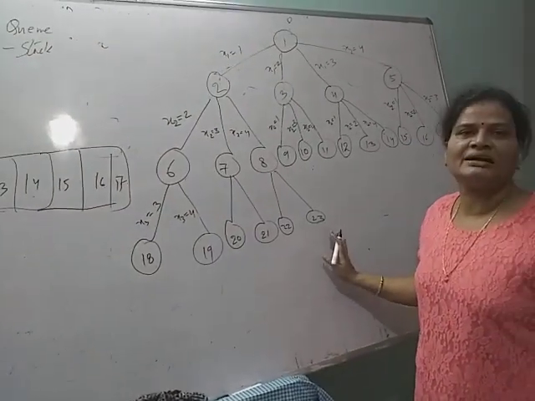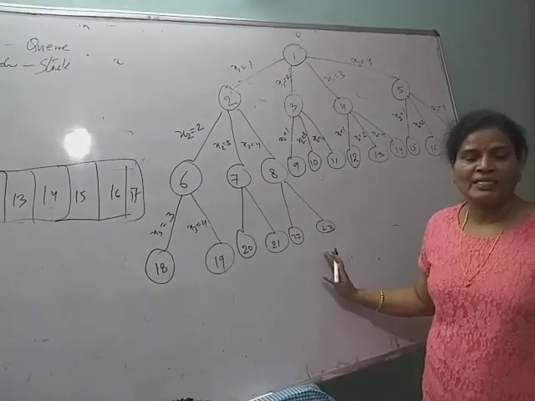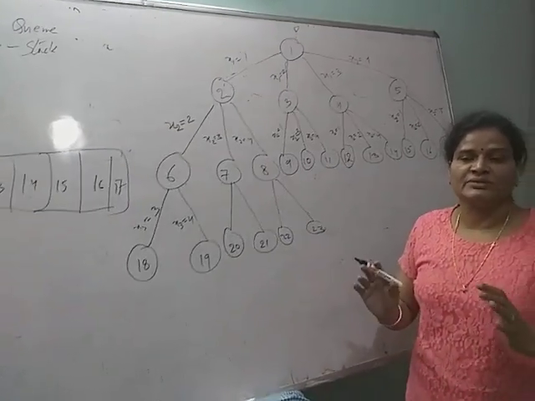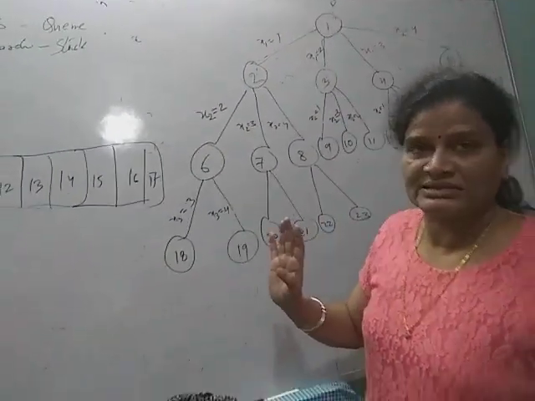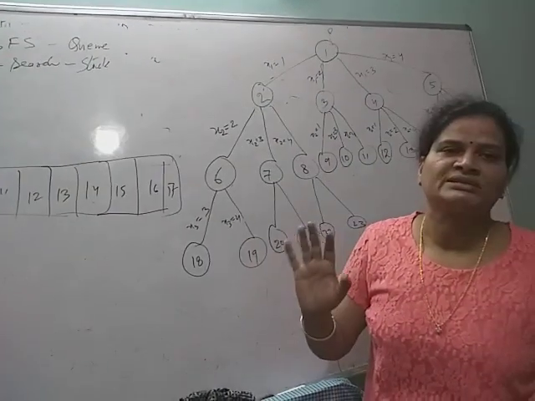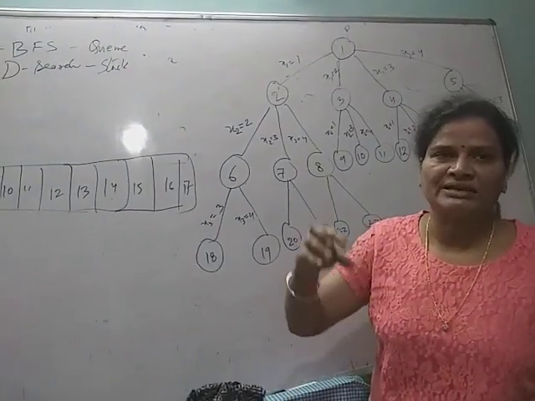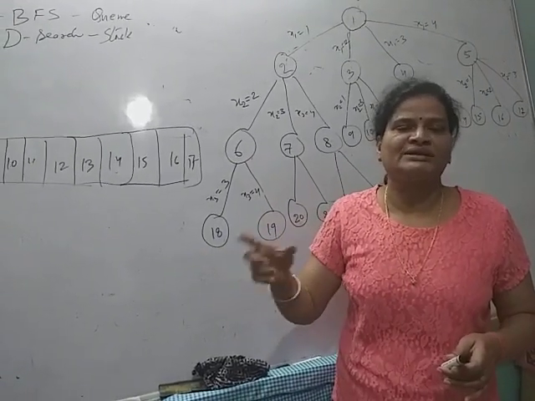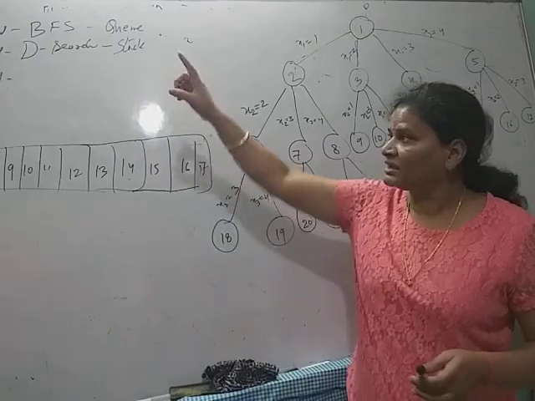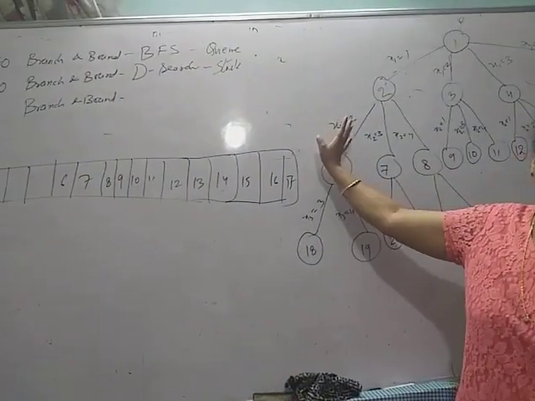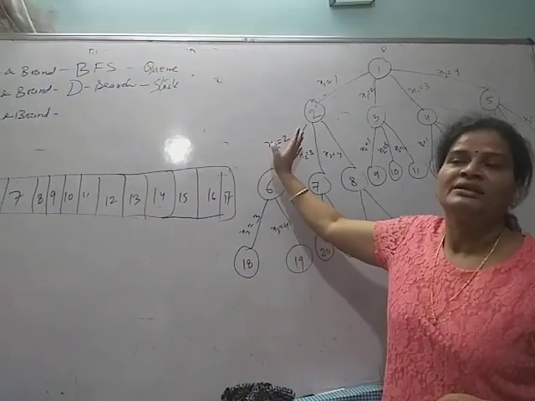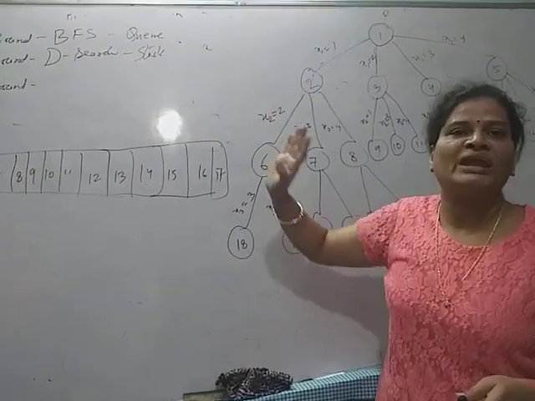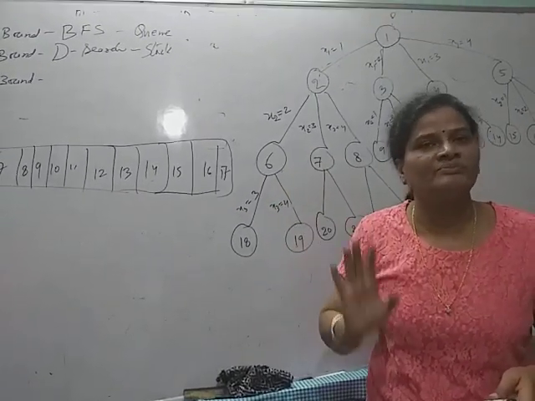So this is the state space tree for FIFO branch and bound. FIFO means, first understand the concept of branch and bound: one E node remains E node until it is dead, or you can say that the current E node is fully explored, and only then will the next live node become E node. In all the 3 mechanisms, this concept is used, where all the children of the current E node are generated before any other live node can become E node.